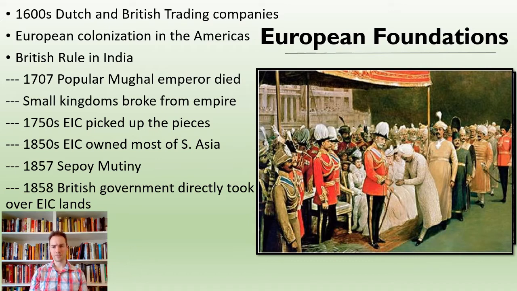But it wasn't just overnight. It's a slow, steady build. Then in 1857, there's a problem. Like with all of these sorts of imperialist adventures, there were never that many British people in India, actually. Only a few thousand maybe, especially early on. So the British relied a lot on local police and soldiers to do their work for them. And you just pay these people to enforce your colonial rule.